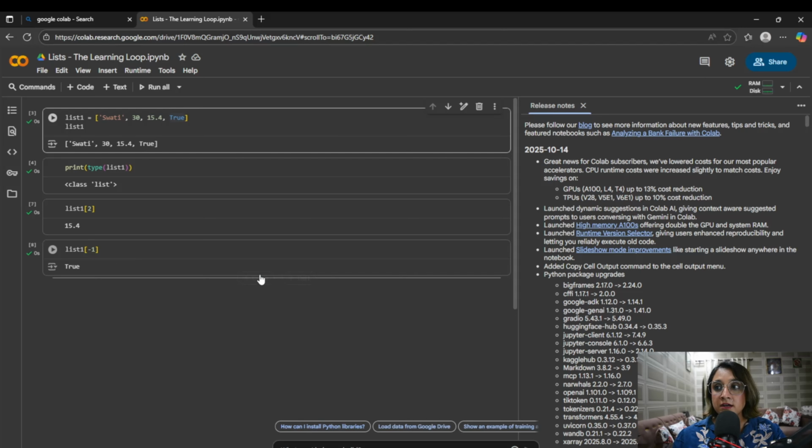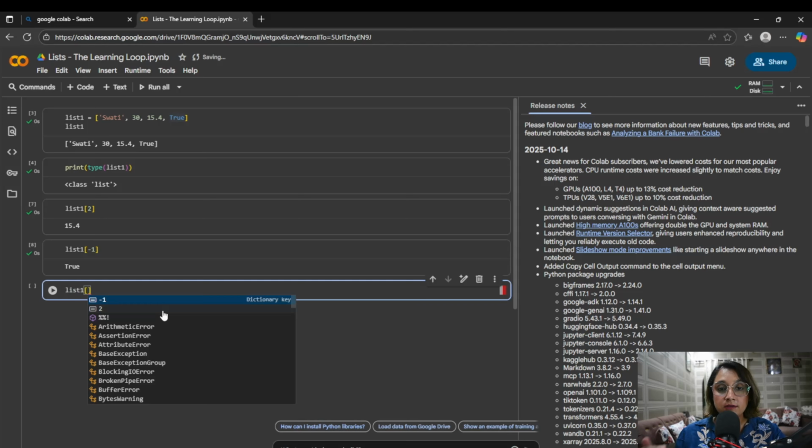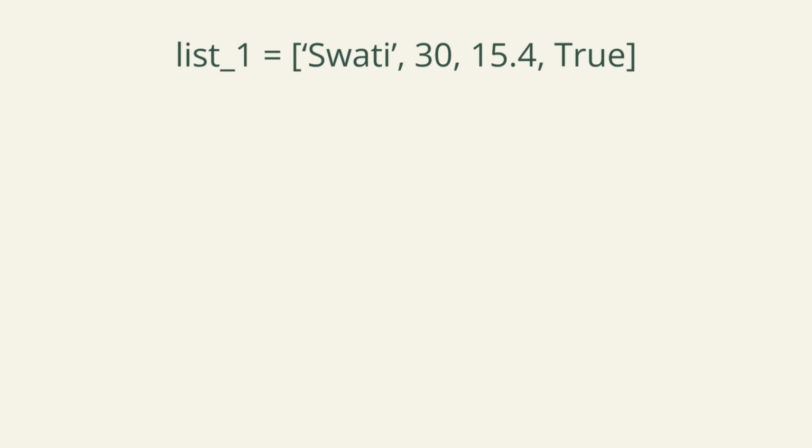In the same way, slicing is also supported in lists. So if I want to fetch the list partially, slicing works the same way it did in strings. Just reiterating how slicing works: in order to have a part of the list, not the complete list, the first option is